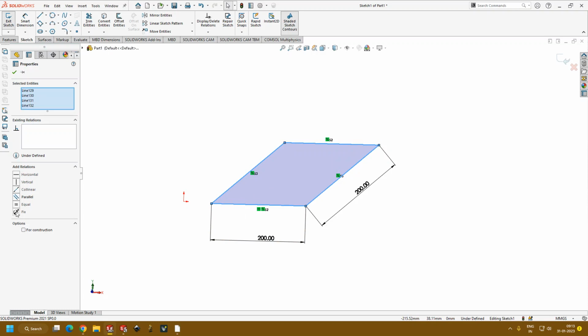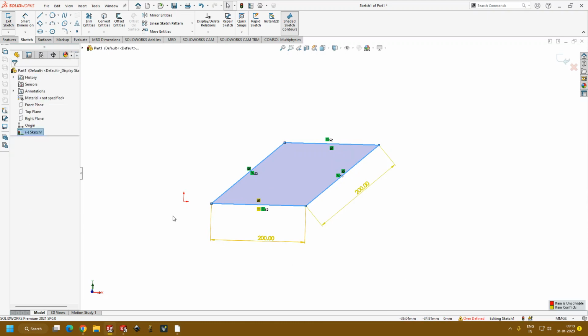No, no. If you fix this, the problem is, let's say, I'll show you the problem. Okay. So now it is fixed, right? Now it is fully defined. Okay. This is a very, very wrong shortcut you are using, because let's say if I want to change my dimensions, then